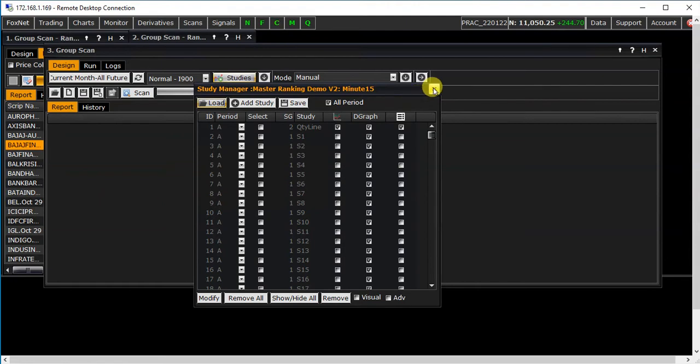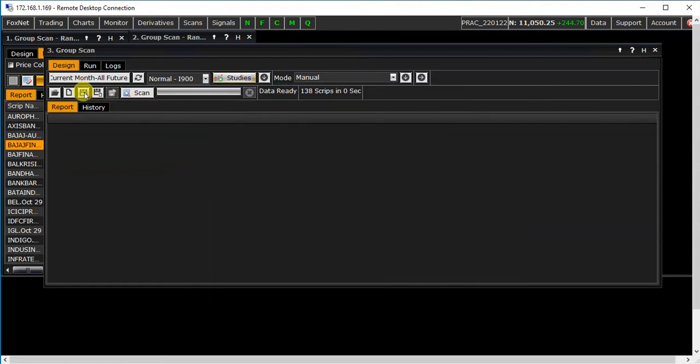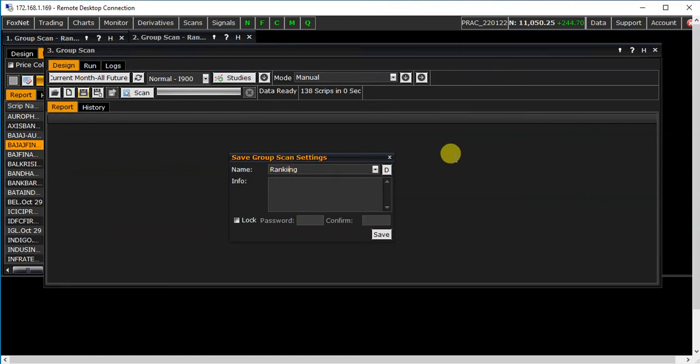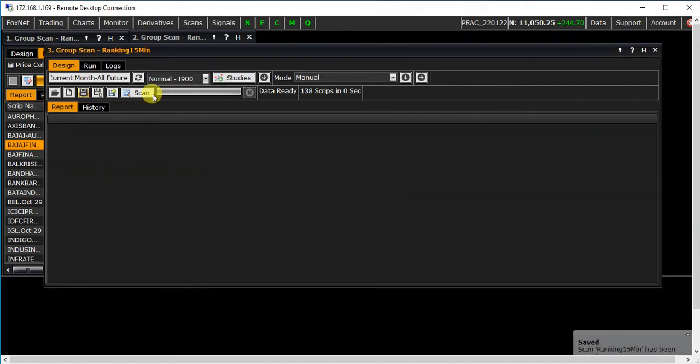Okay, now just save the scan. Ranking 15 min. Save. Now scan.